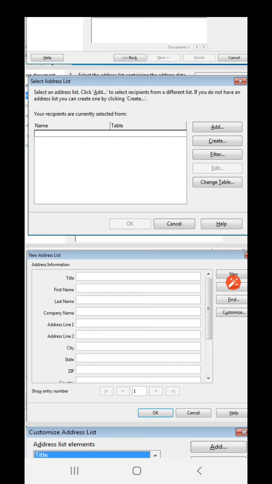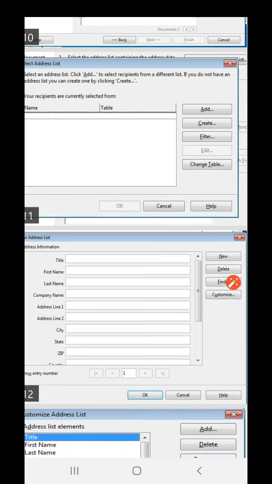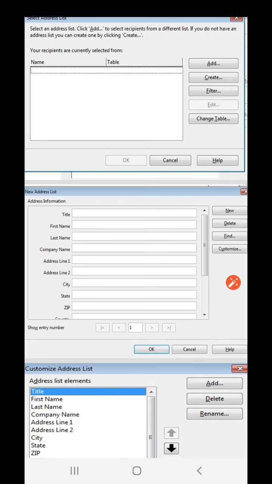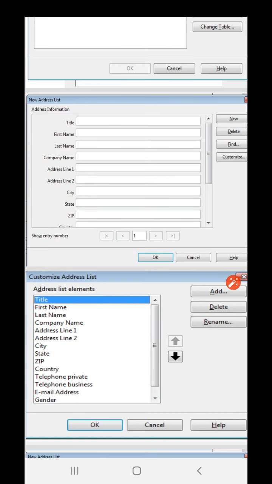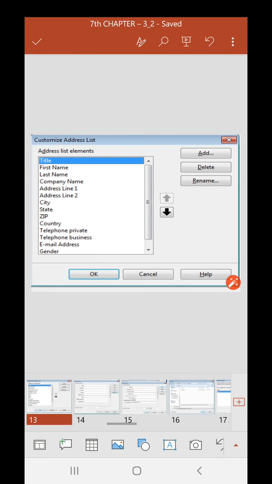We can customize it, meaning we can add a new one, or we can delete from the current list by simply clicking on customize. This is a customized address list. Whatever you want to add, you can. If you want to delete, you can. If you want to rename, you can.